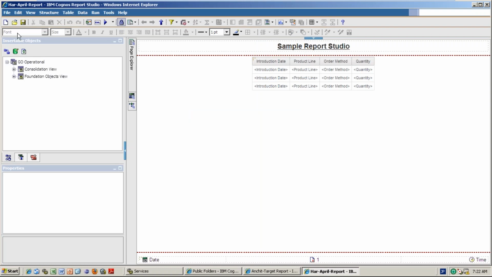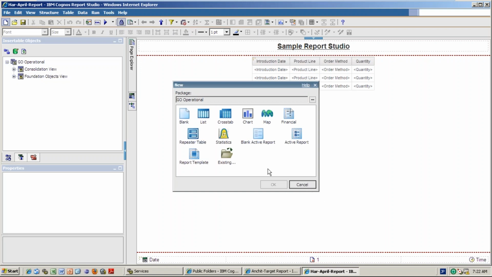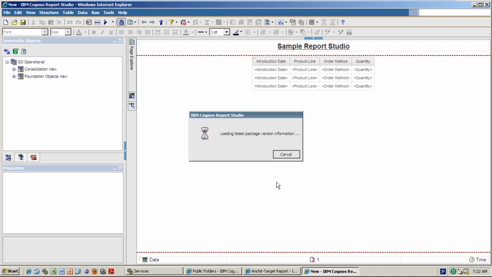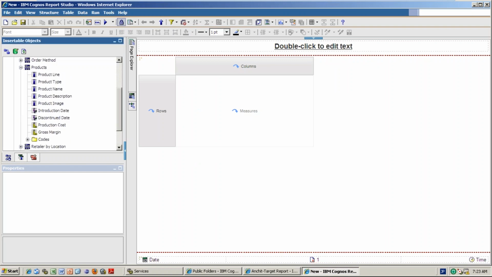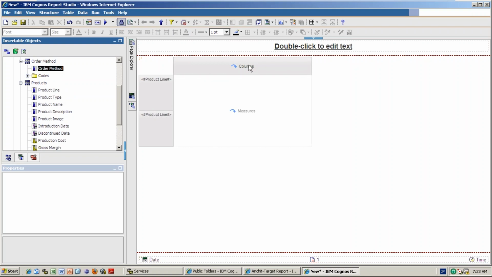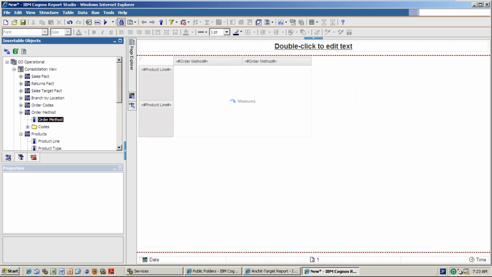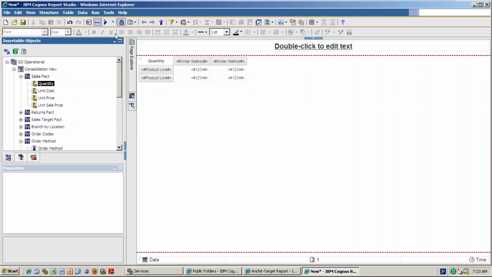You see now, I'm taking another report. I'm taking the task because summary report. Check the product line. Sorry, order method and quantity. This is the summary report, overall report. If I'm running this report,